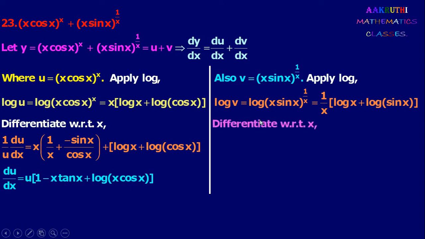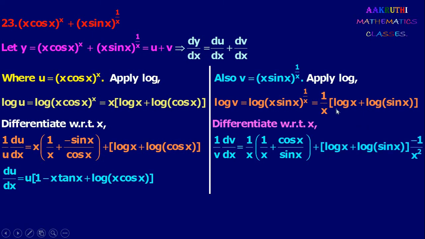Now differentiate with respect to x, log v differentiation is 1 by v into dv by dx. And here again it is uv rule, write 1 by x as it is, log x differentiation is 1 by x, and log of sin x is chain rule, 1 by sin x into sin x differentiation is cos x. So writing log x plus log of sin x as it is, and 1 by x differentiation is minus 1 by x square. Take v to this side and multiply this 1 by x inside, we get dv by dx is v into 1 by x into 1 by x is 1 by x square, cos by sin is cot x, into 1 by x is cot x by x,